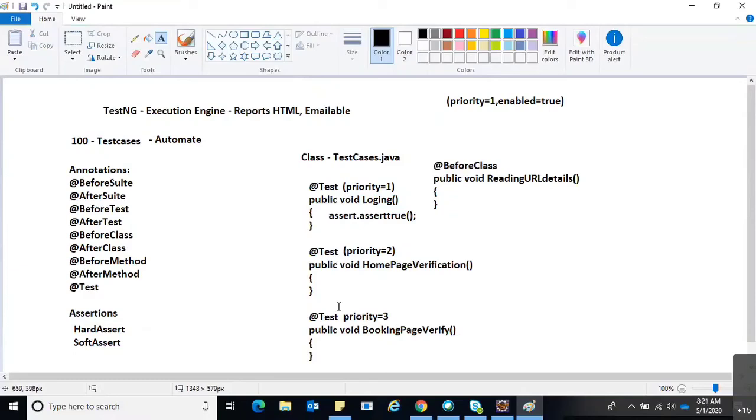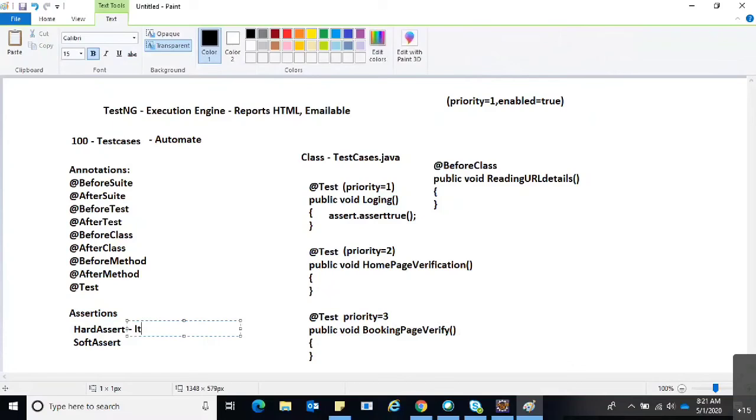That's the main difference between hard assert and soft assert. Hard assert stops execution at that specific line, and soft assert will continue execution even if the conditions are not met.